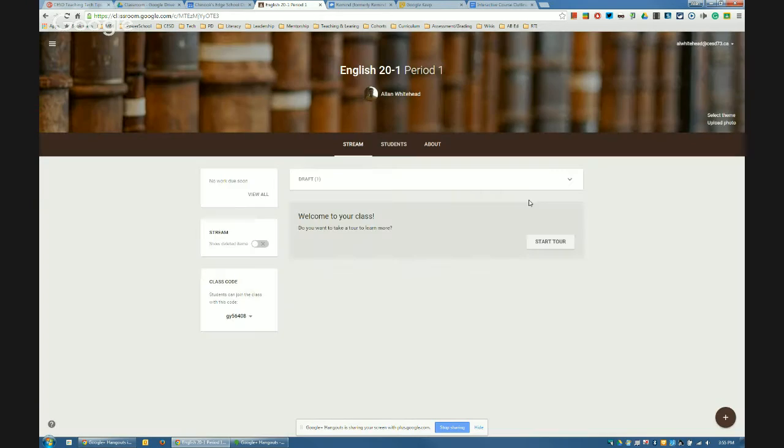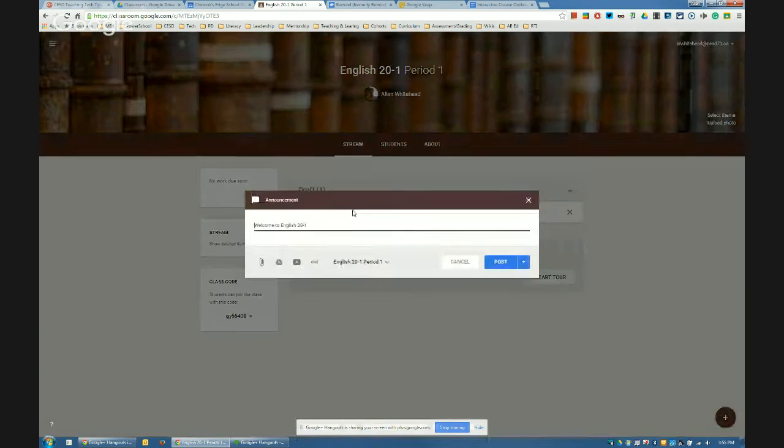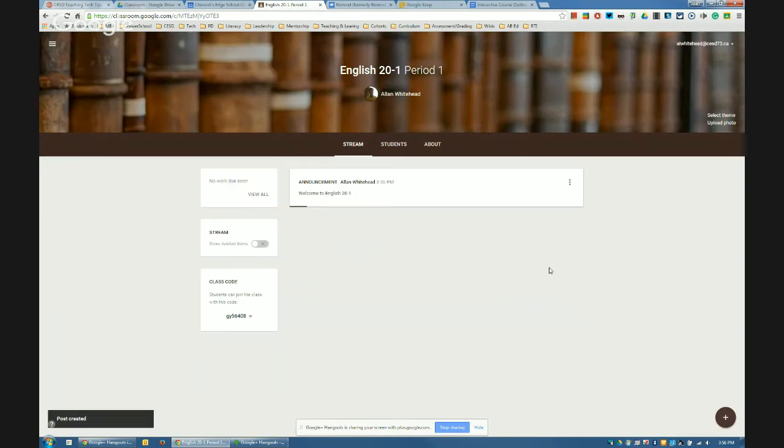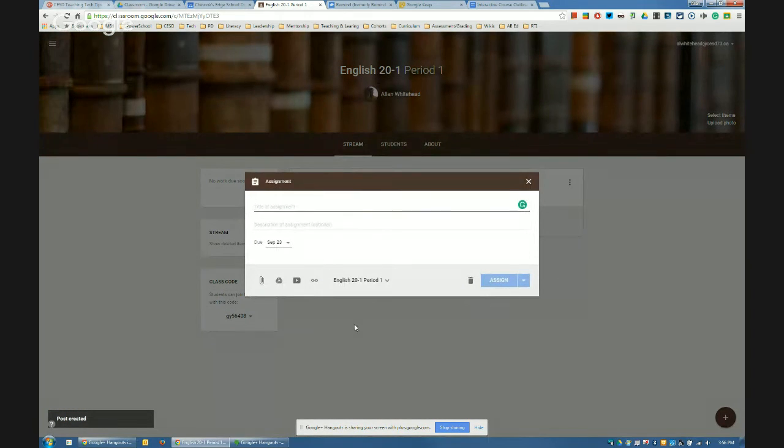If I just hit the X, it doesn't post it, but my draft is saved up here. I go back into it and hit post. Then it will actually post the whole thing in it. So there's an announcement. If I then go and say, let's create an assignment, and call it